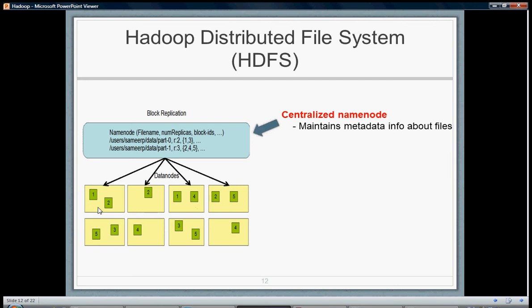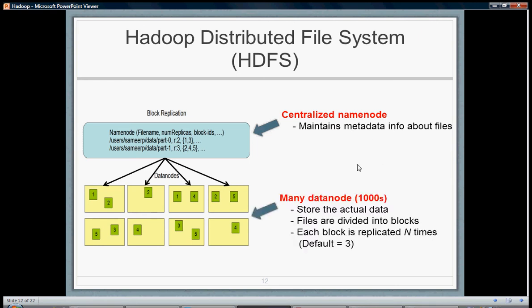That's how fault tolerance is achieved. The centralized name node will maintain the metadata about the files. The file is usually split up into 64 MB blocks and stored across different data nodes.